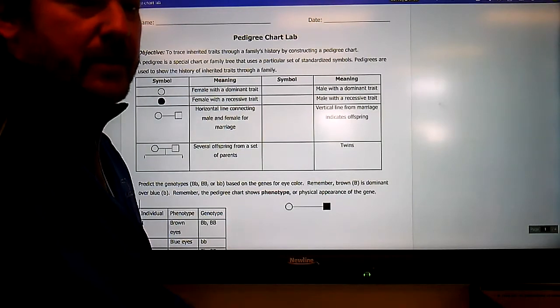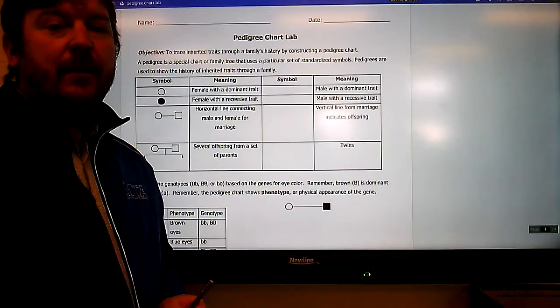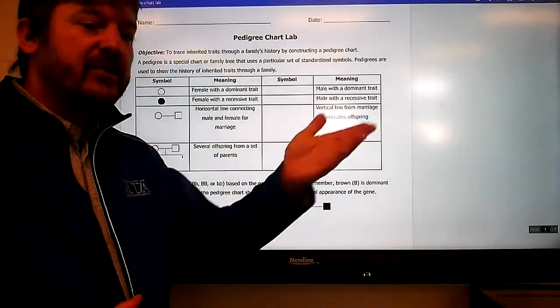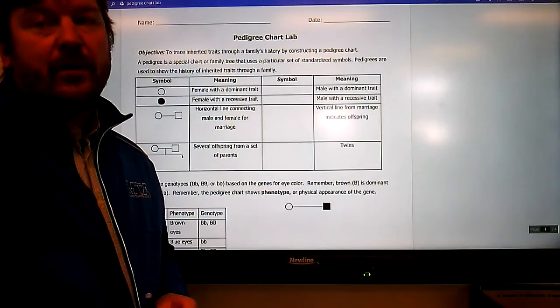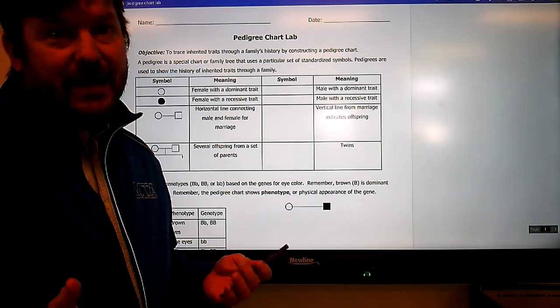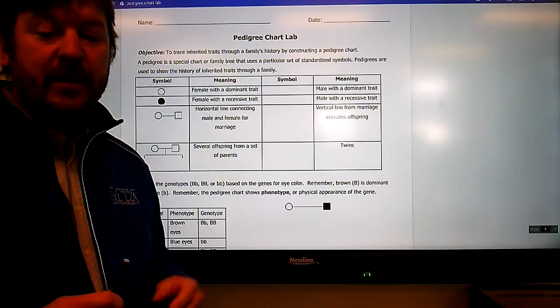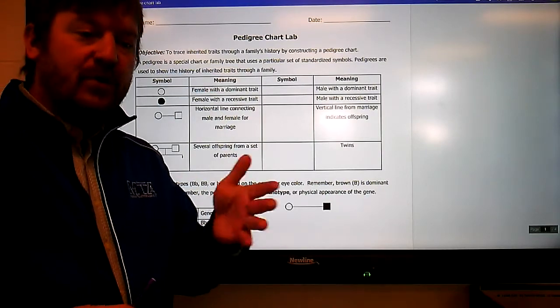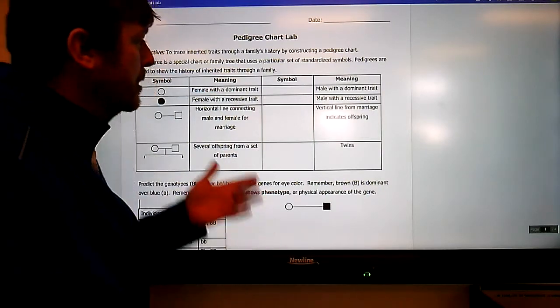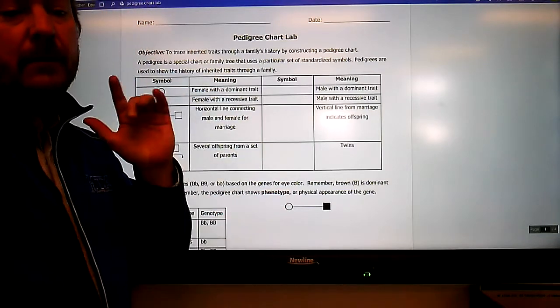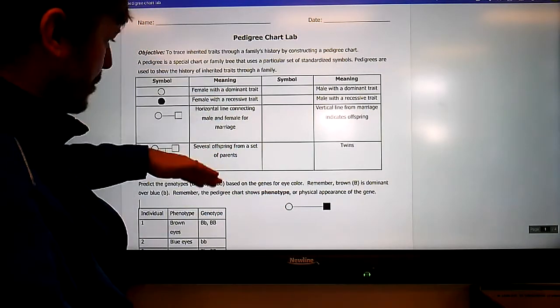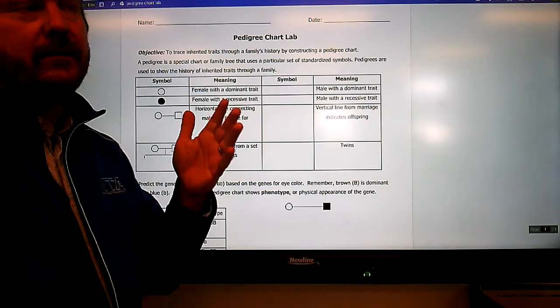All right, so today we're going to go over the Pedigree Chart Lab. You all have a copy of this that I shared with you on Classroom. I know that there are some confusing aspects of pedigrees, so I decided to make a video to help all of you who are not here in front of me understand the concepts and the terminology behind the pedigree. First things first, we're going to talk about the actual terms that are here